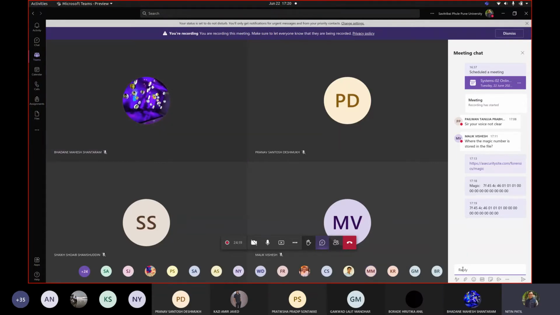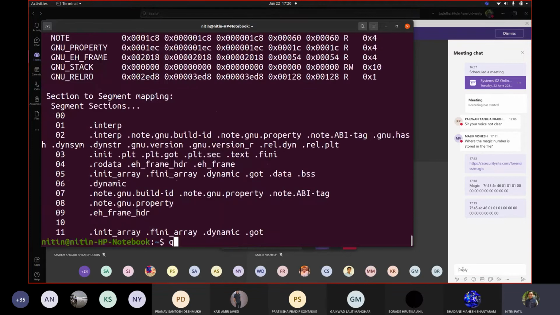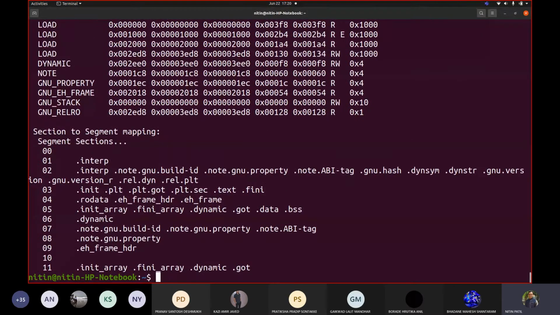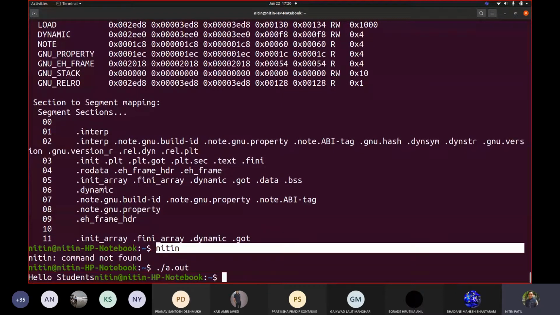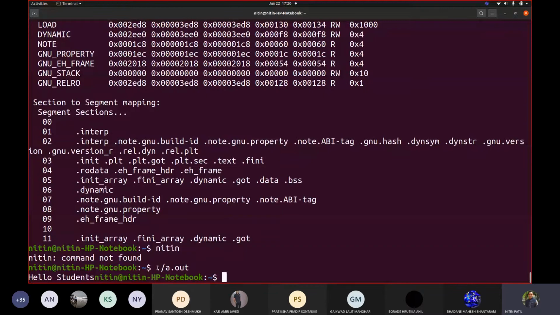Now haven't you thought about this? For example, if I say that this is my shell of the operating system, if I type something here, it will respond to me: command not found. Now where exactly is this message stored? How exactly does it identify that this is not available, and when I write dot slash a dot out, it executes? That means this should be stored somewhere, which I am going to pick. So when it is picked, I need to find out what exactly it is.